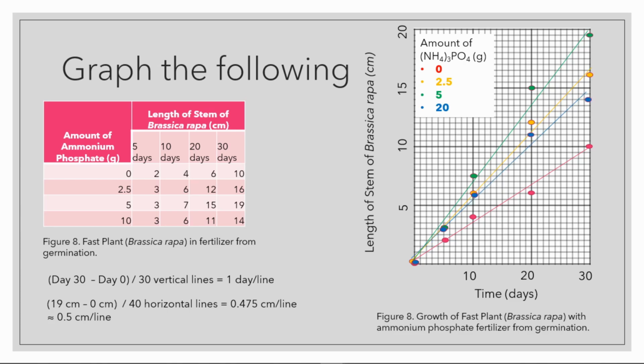And draw a best fit line. First, before we move on, you should be able to make a conclusion from this graph. What can you see in this graph? Pause it and take a look at what the graph data shows. You should make the conclusion that 5 grams of ammonium phosphate shows the highest amount of growth in the fast